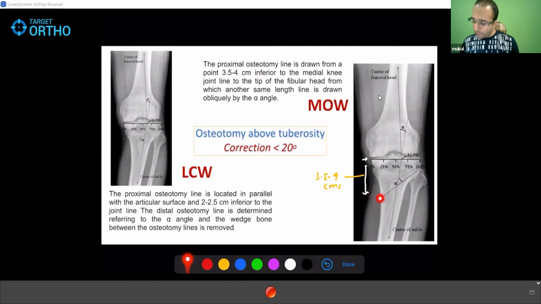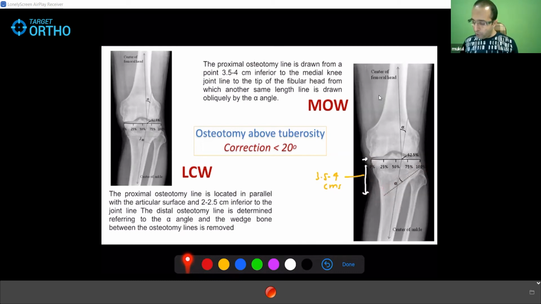Okay, and when you start here, 3.5 to 4 centimeters here, you have to be proximal to the tibial tubercle. You will always be, because you will aim towards the tip of the fibular head. So that is where you create this osteotomy. Okay, and then you of course create another line depending on the amount of wedge to be removed. Okay, but yeah, this is opening wedge, so you open it up down. But osteotomy line तो मैं समझ में आ गया कि यहाँ से 3.5 to 4 centimeters इस distance पे शुरू करनी है, and you have to go to the tip of the fibula. Clear? And once you open it up, how much you have to open alpha angle, I will just tell you.